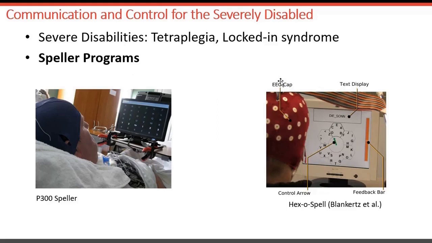While here, again, we have an EEG cap recording brain data, and then some visual feedback. It's not a stimulus. He is performing a motor imagery task, imagining moving his arms. From binary, we can map into multiple letter or character selection tasks. So both kinds of systems have been developed and tested with real patients.